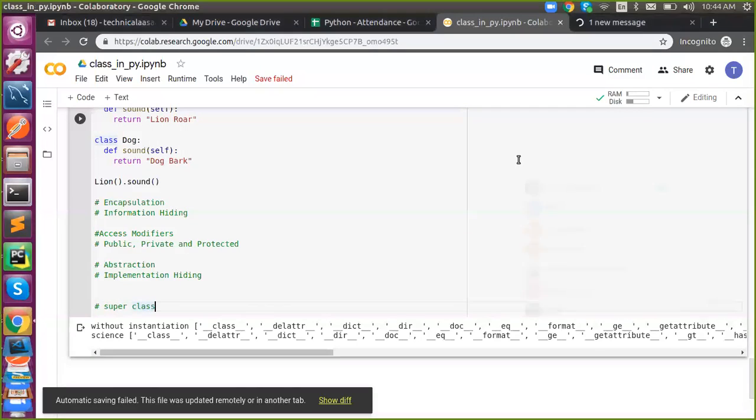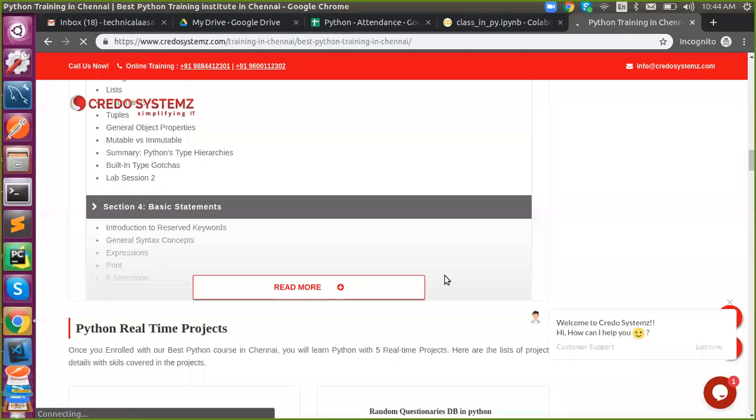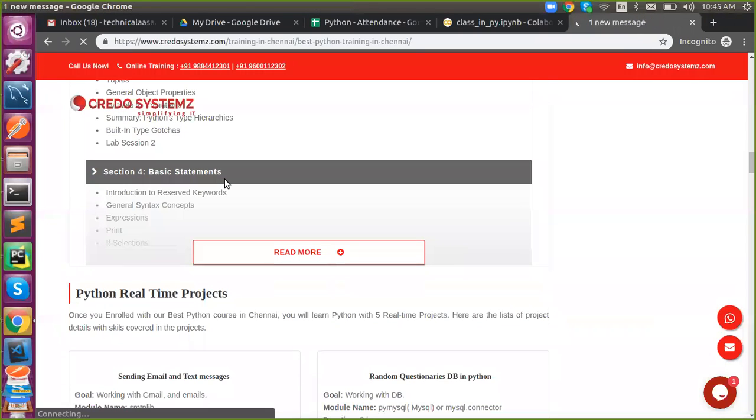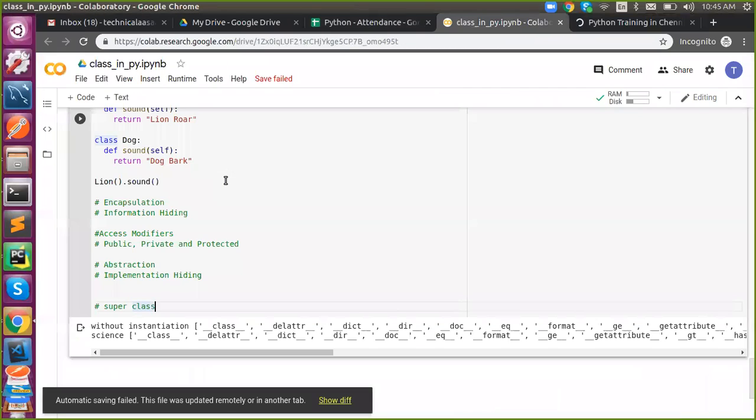Mohideen, I think we need some practice on this. I gave an exercise yesterday, right? Anybody tried? I asked you to try the calculator. So you have a weekend. Please try at least in the weekend. Try to create a class called calculator. Try to inherit from others, like prepare a scientific calculator. Please do that. Okay, so now we'll move on to superclass.